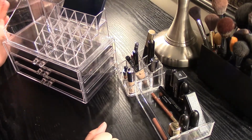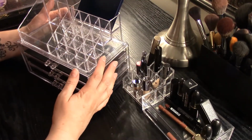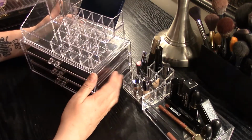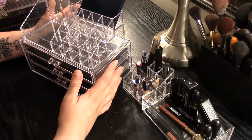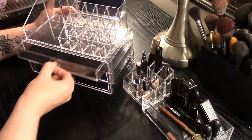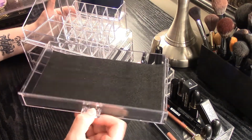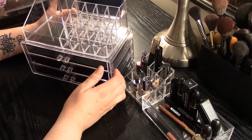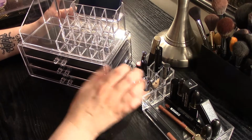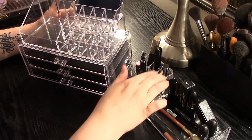So this is the next day. I'm going to start putting some stuff together in my little container here. I'm kind of wishing I went with a bigger one, so I might be purchasing a bigger and taller one in the future. I didn't realize the drawers were going to be so small and only fit one palette. So this will be good for now because my stashes aren't super huge, but I do have a lot of little things that I want to use up, and I'd like to use up as many lipsticks as I can